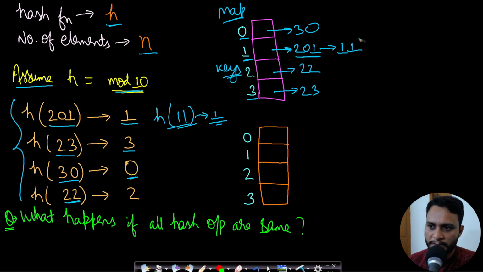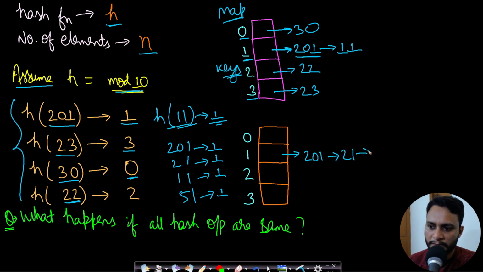Now in case of collision, we are storing the elements in the form of a linked list. Now what happens if all the key values collide basically? So you can have a sequence like 201, 21, 11, 51, right? For all these values, the key value will be equal to 1. So what will happen in this case? You will find that for this key value 1, all the values will be like 201, then 21, then 11,